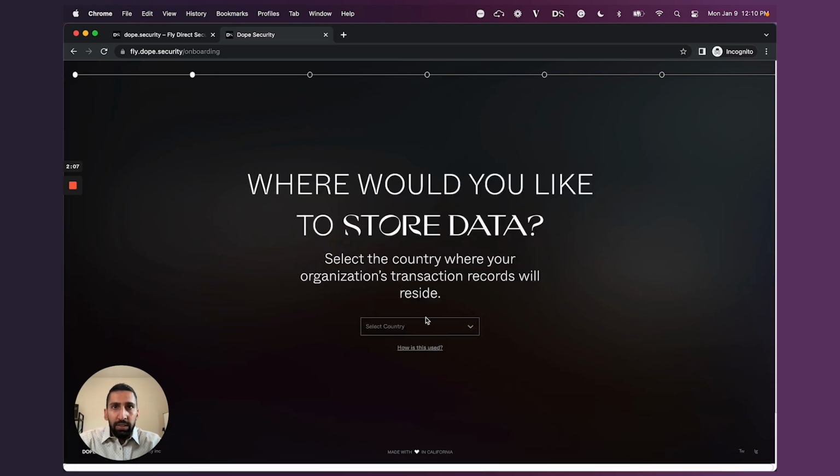Okay, so now we're here at the data residency step. Here it's asking you where you want to store your data transactions. So what does that mean? Basically, let's say you're a user and you go to facebook.com. We're going to capture that transaction of you as a user going to facebook.com, which is categorized as a social media site. We're never going to capture or look at any sensitive data or actual information that you're entering on the site itself. We're simply capturing the fact that you're a user and you went to this website.